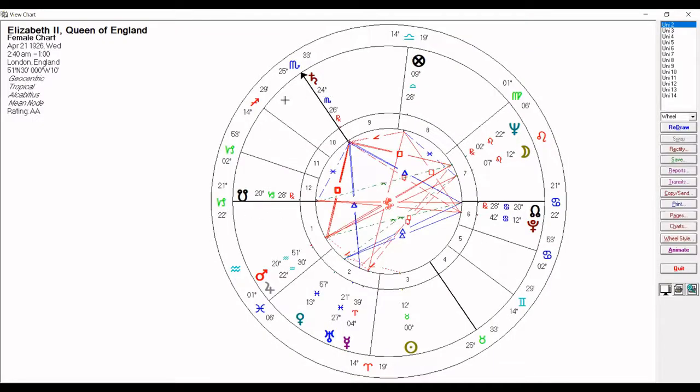Knowing that the ruler of the ascendant and the ruler of the 10th are involved in this, we know it has something to do with the person's public persona, right? Because the first house is the person, the 10th house is the public persona and the reputation. So we know there's going to be something that brings the person to the fore, to some kind of prominence in an extremely public manner. And we also know that the 10th house is connected to kingship, so it could be very possible that kingship could be conferred.